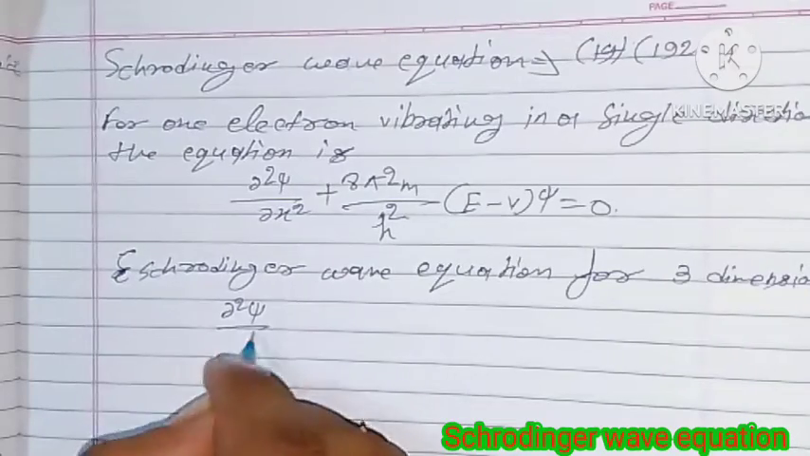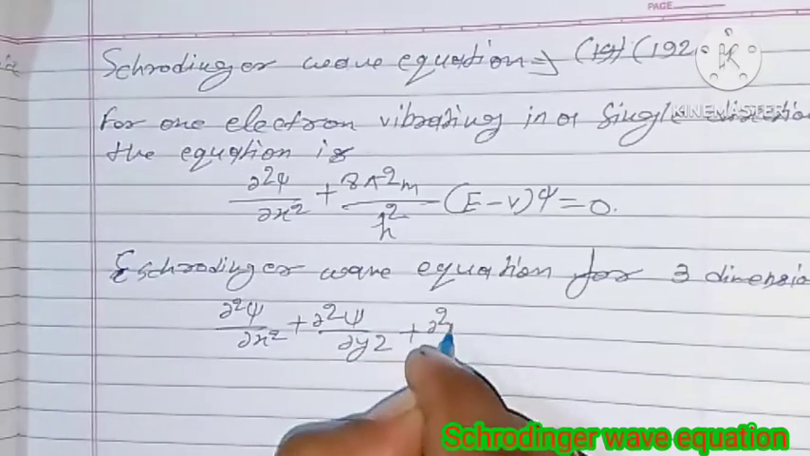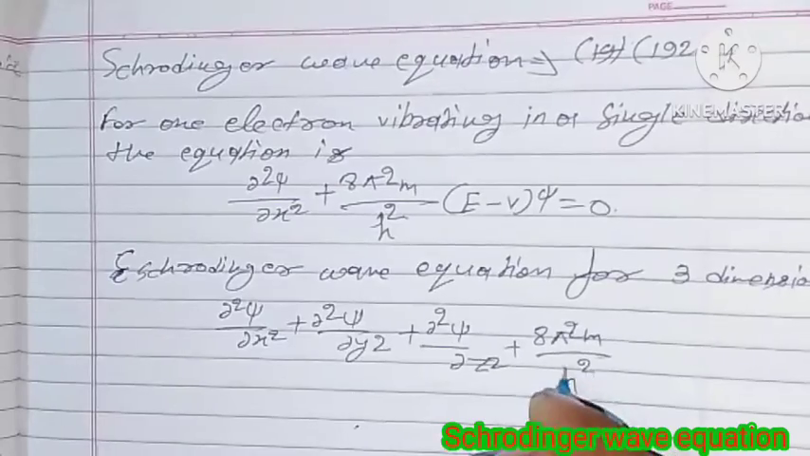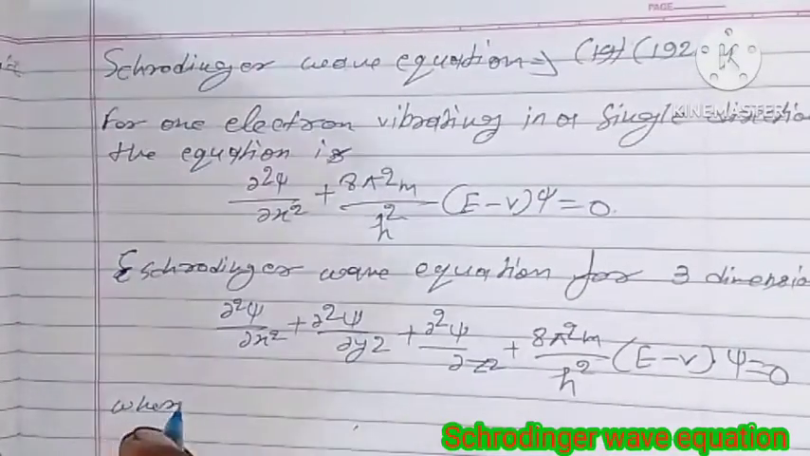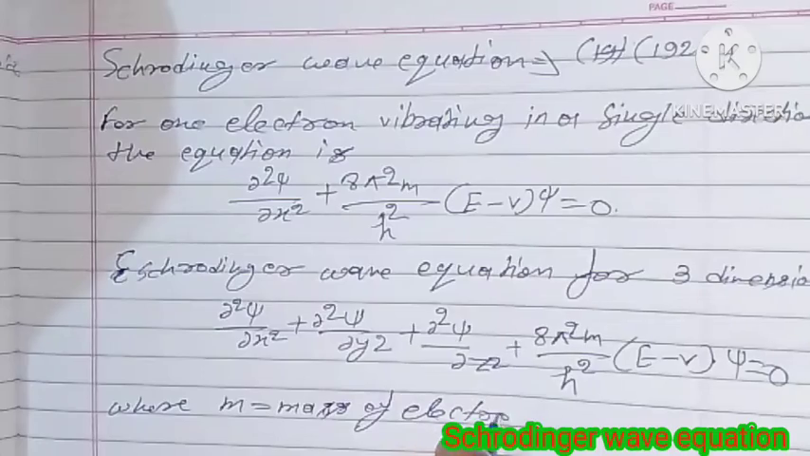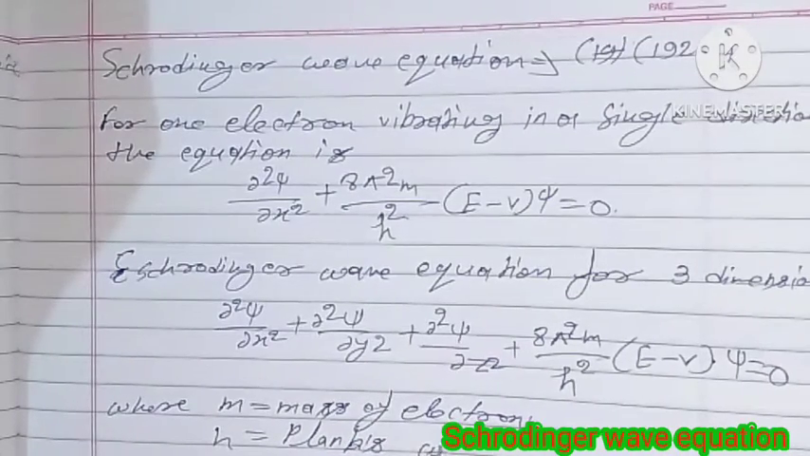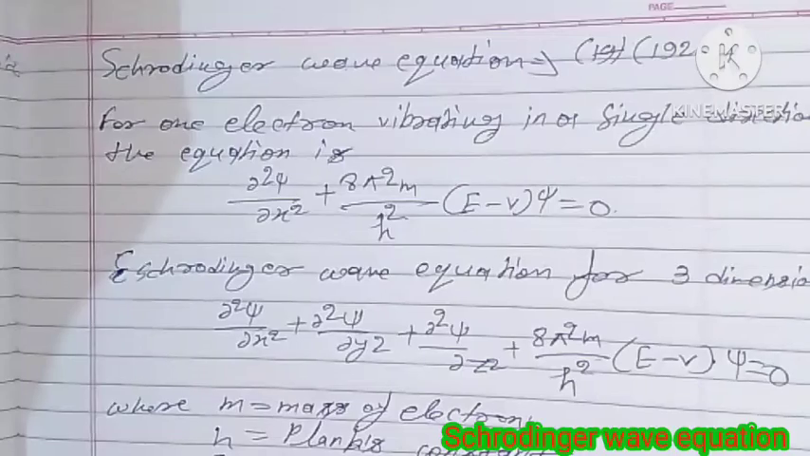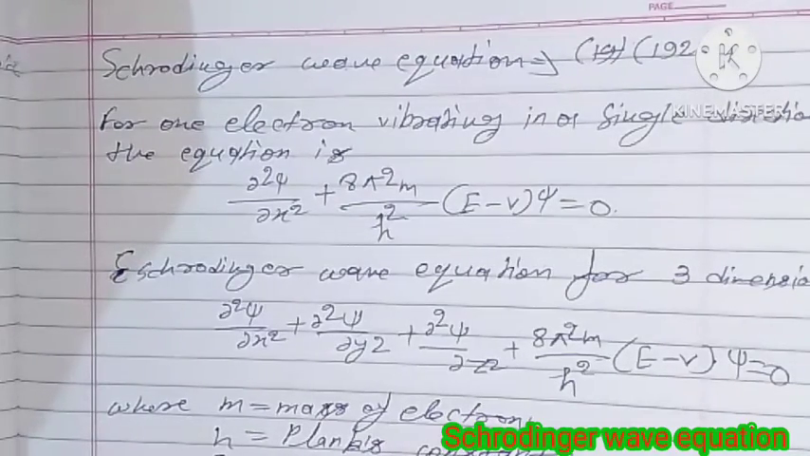Del square psi upon del x square plus del square psi upon del y square plus del square psi upon del z square plus 8 pi square m upon h square into (E minus V) into psi equal to 0, where m equals the mass of electron, h equals Planck's constant, E equals total energy, and V equals potential energy,